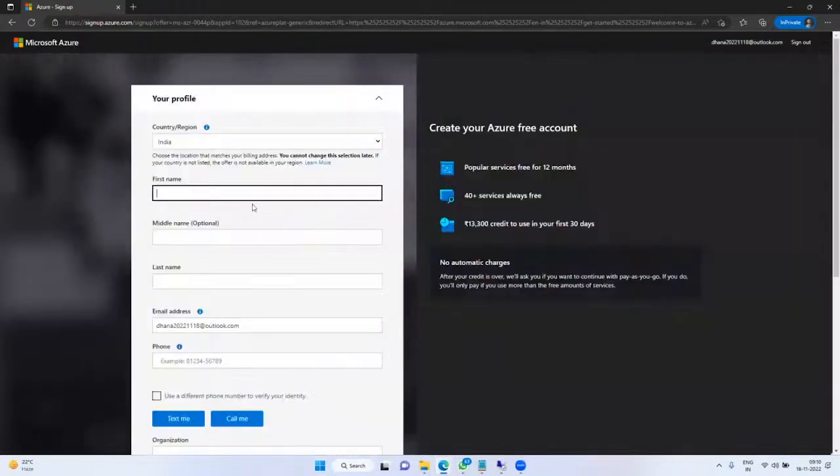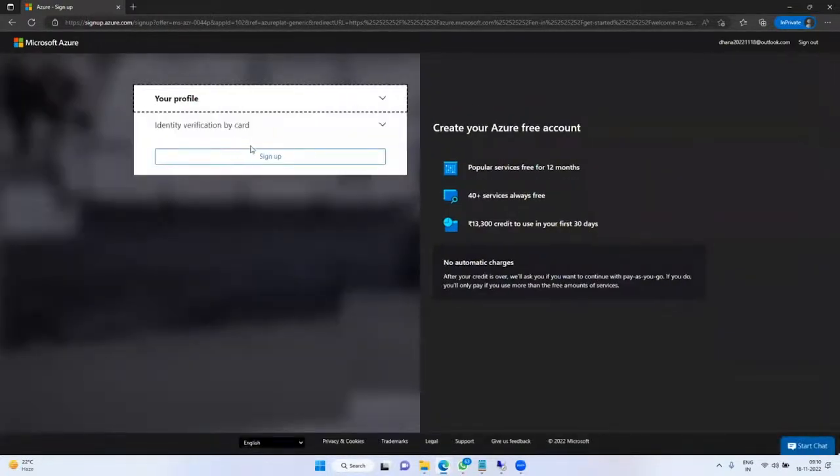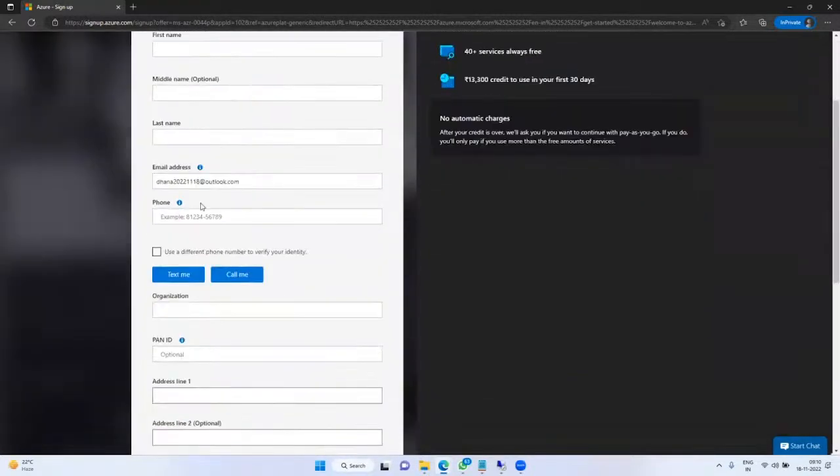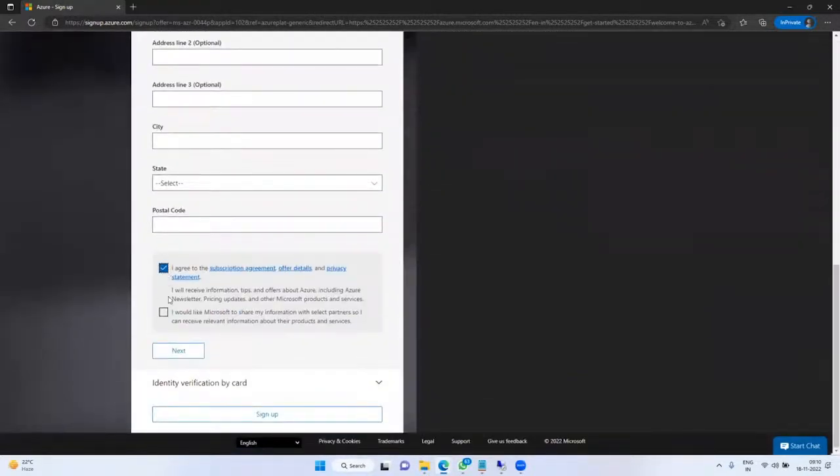Fine. So what you will do now, after entering your information, is identify your card. Once you enter all these details, click on next. Then it will automatically take us to enter the credit card details. Enter the credit card details, and you will get a 6-digit OTP for debiting 2 rupees. Once you enter it, your account will automatically get created. So practice it today at any cost. Once it is done, we will go through the Azure free trial portal.